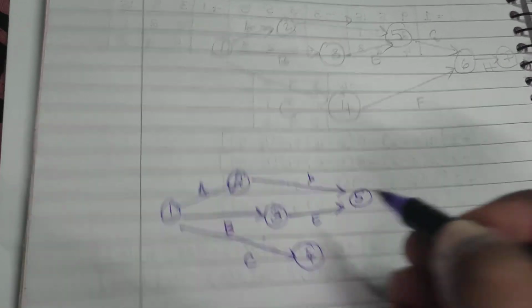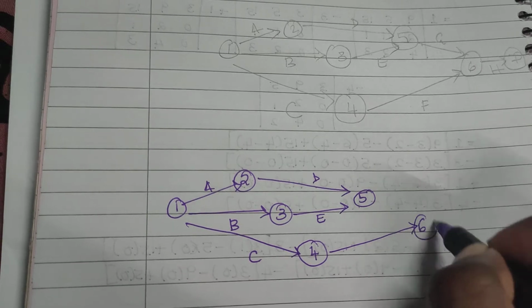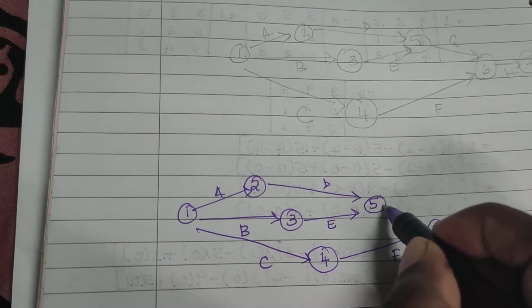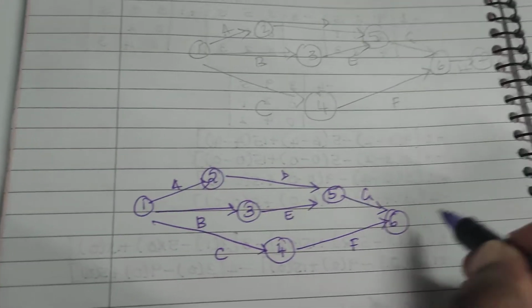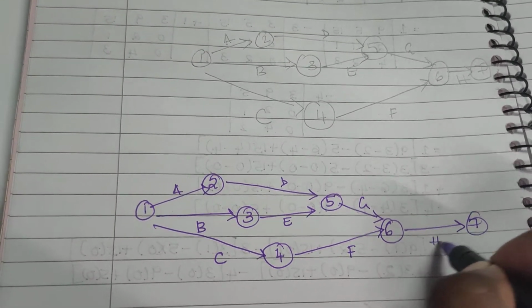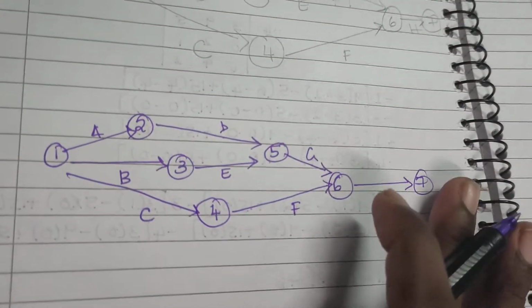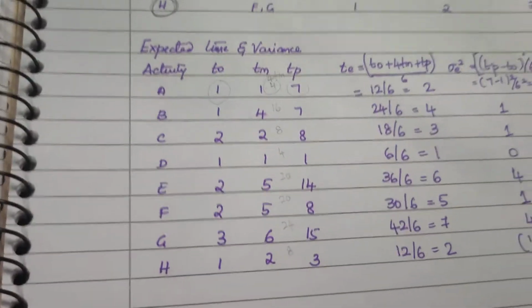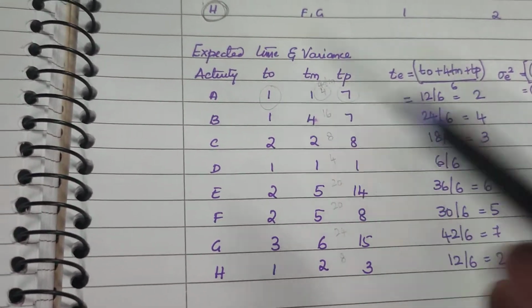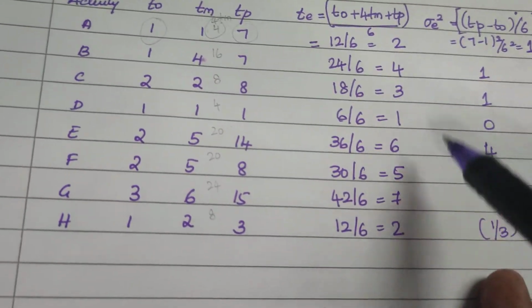This is E and I have a F, then I have a G, and then I have a H. Okay, right. Now that I have penned it up, it's more clear. So now you have 3 time estimates. What my students usually ask me is, which one do we put here? No, you use TE. You use this value for the diagram.